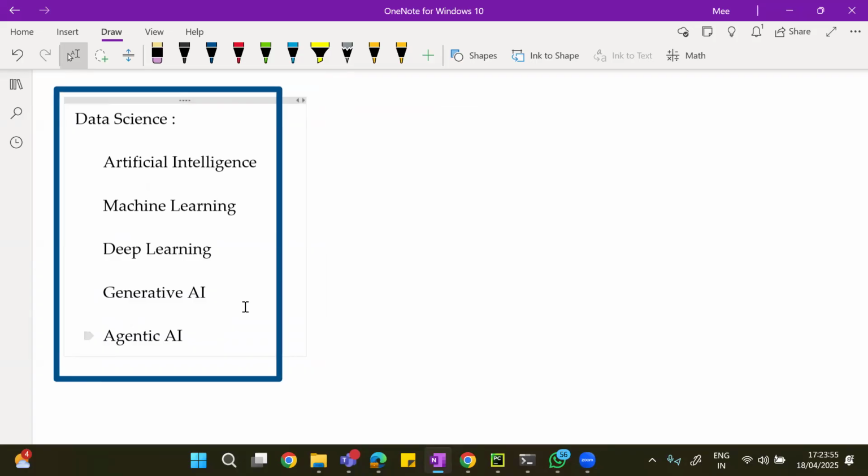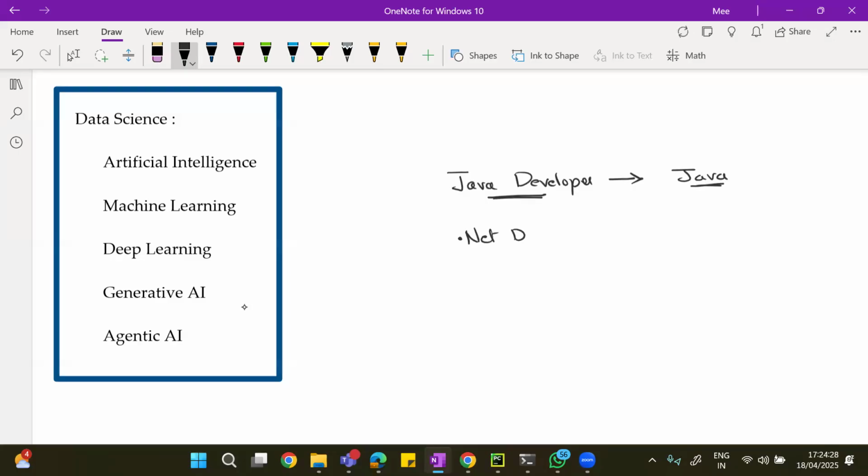It's not a single thing. For example, if you want to become a Java developer, all you have to know is Java. Once you know Java, there's a good chance that you can become a Java developer. Suppose you want to become a .NET developer. All you need to know are .NET technologies like C#, ASP.NET, all these things. Once you know them, you will become a .NET developer. Simple. But when it comes to becoming a data scientist,